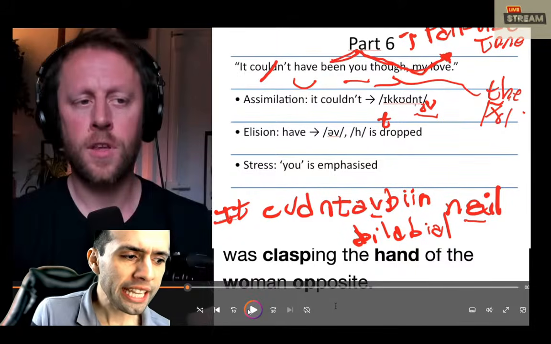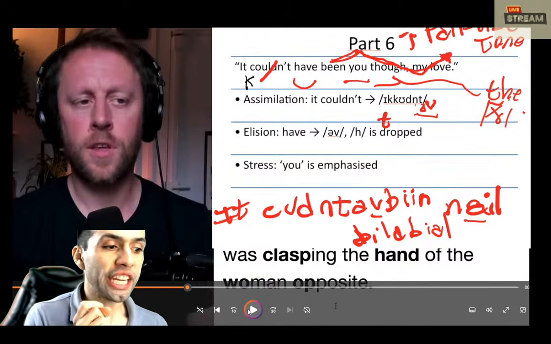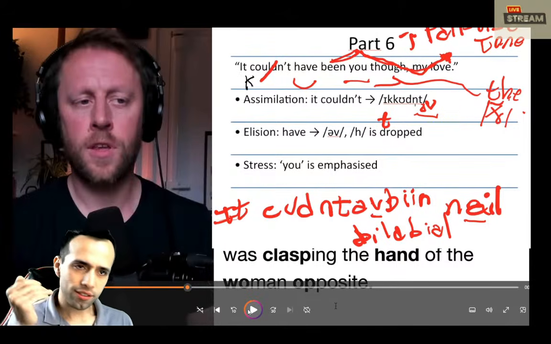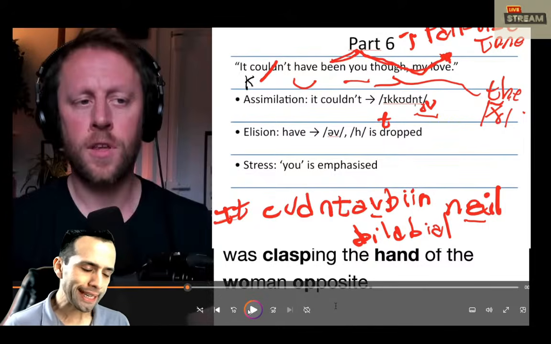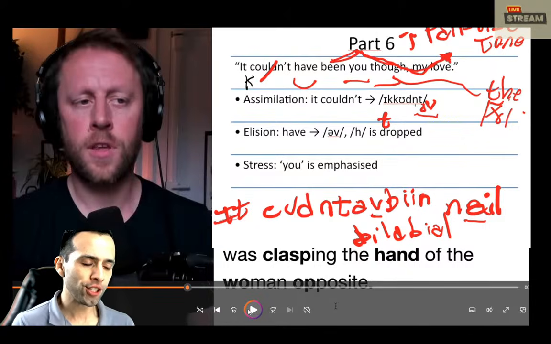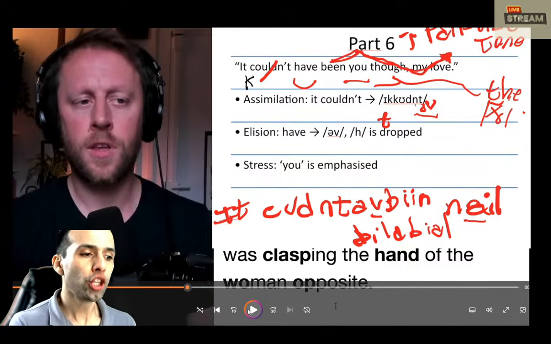And we can even pronounce the T as a K, in the sense that we say it couldn't. This is in connected speech, fast speech in English, rapid speech. In more careful speech, you'll often hear it couldn't, but we can do this. It couldn't